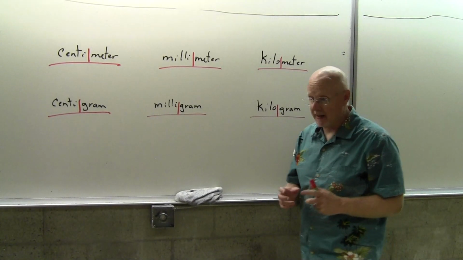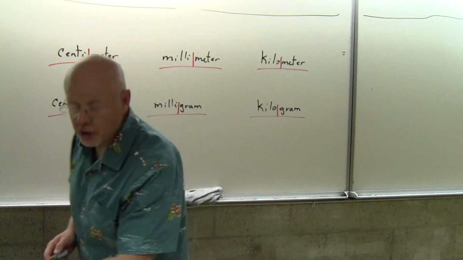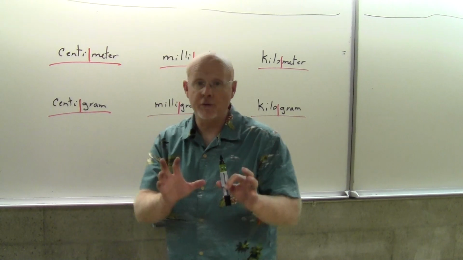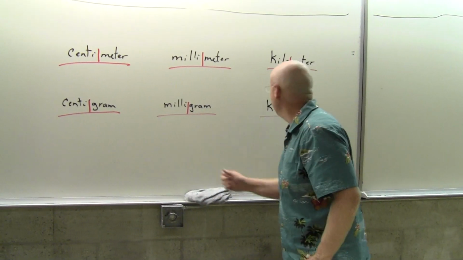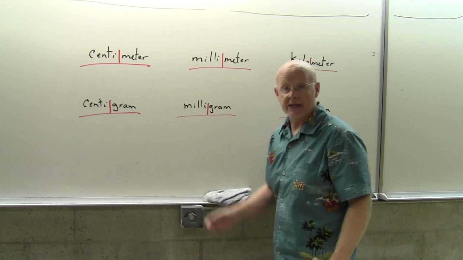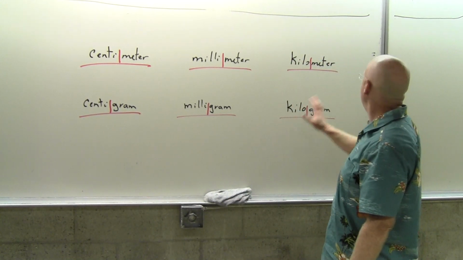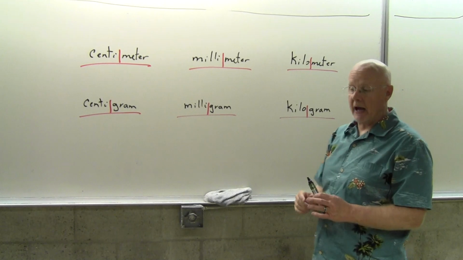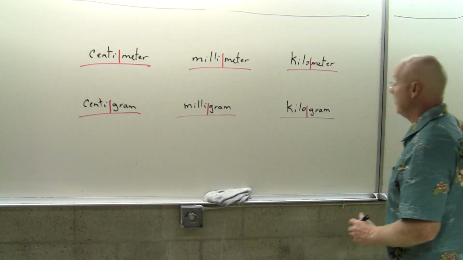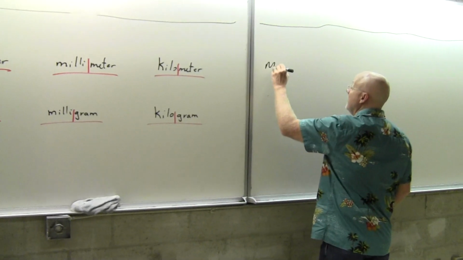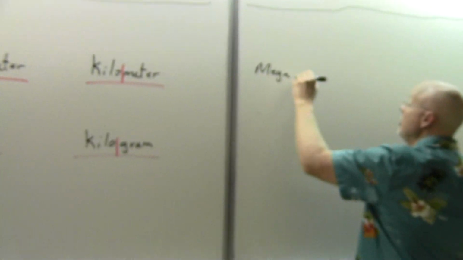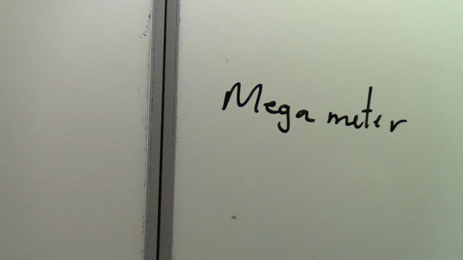What's nice about this, and I tried to pick the most common ones that I think you've heard before, things like milligram, kilogram, millimeter, centimeter, is that if I came across something that maybe I'm not familiar with, like a megameter or a megagram,